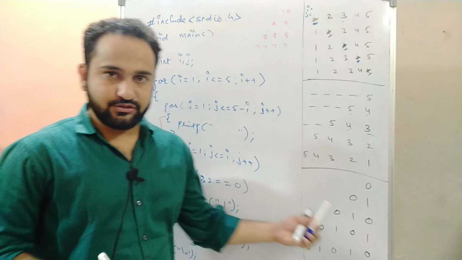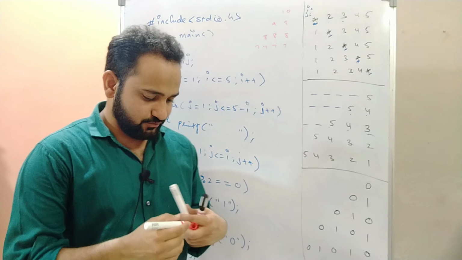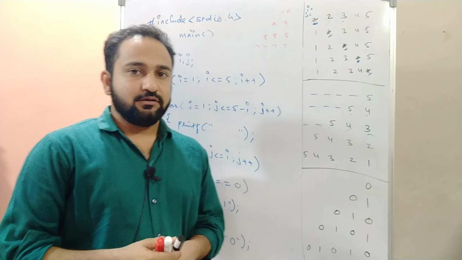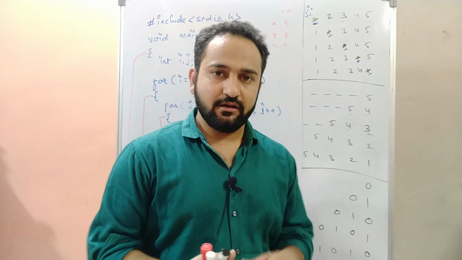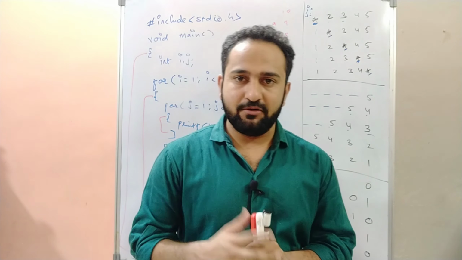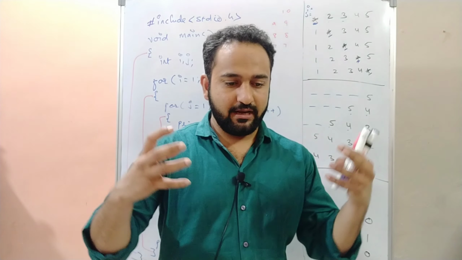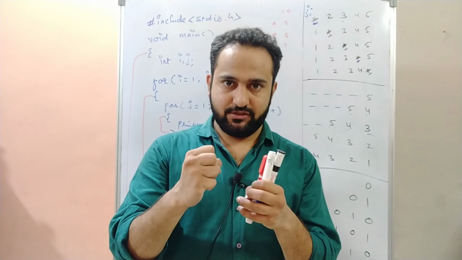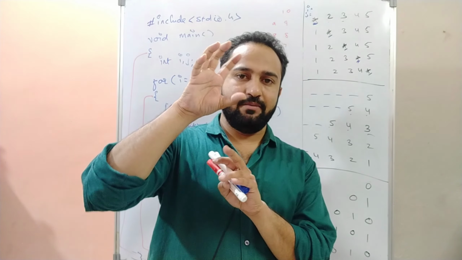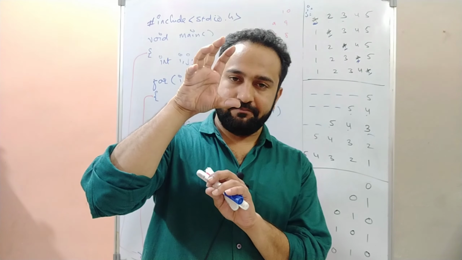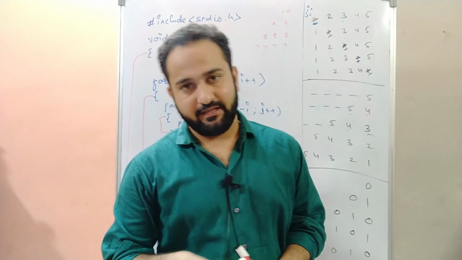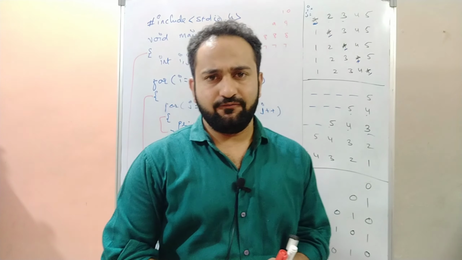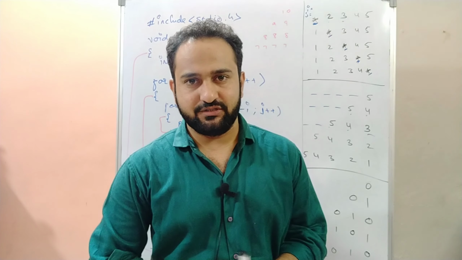I hope you got this pattern also. This has been asked in 2 previous exams. As I told you, I will be making one more lecture. There we will be seeing some complex patterns. Those patterns are made by combining 2 patterns, for example, a normal pyramid and an inverted pyramid, both making a diamond, something like that. So that will be our last lecture on patterns. Then we'll start with functions. Till then, thank you.